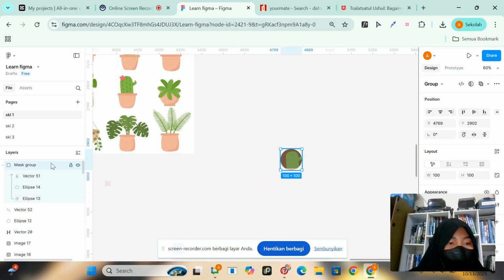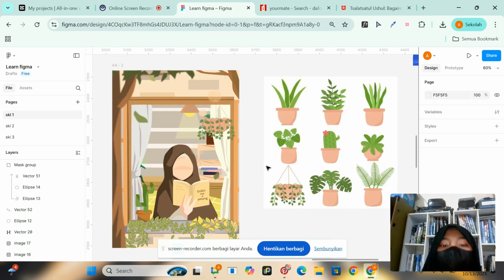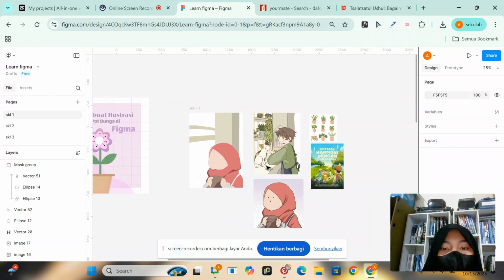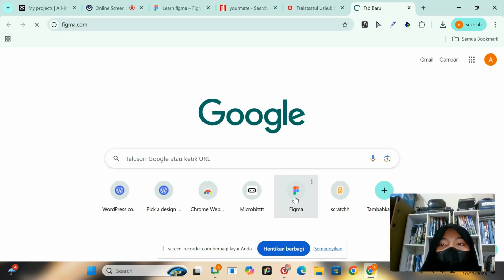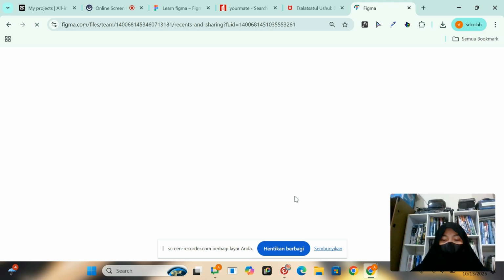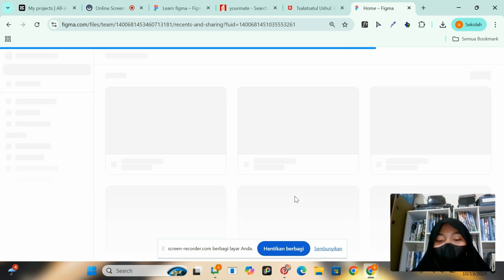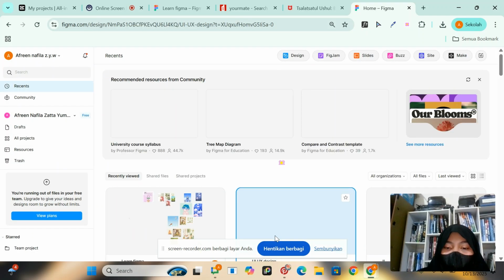Mask group. Later in here there is mask group. And after that, how I make UI design. So if you guys see, now my SKL already until UI design. So here I want to explain how I make the UI design. Actually, it haven't done, but I want to show you